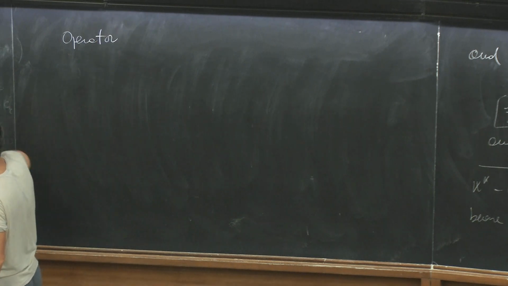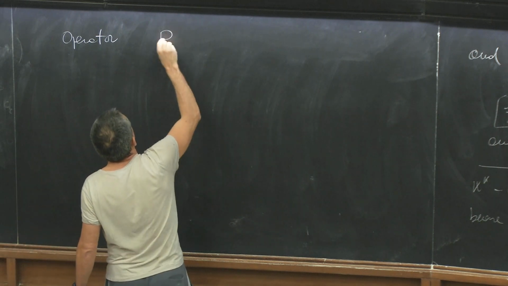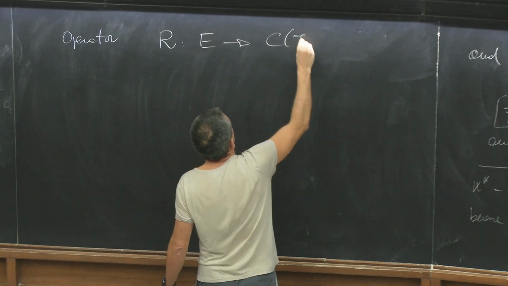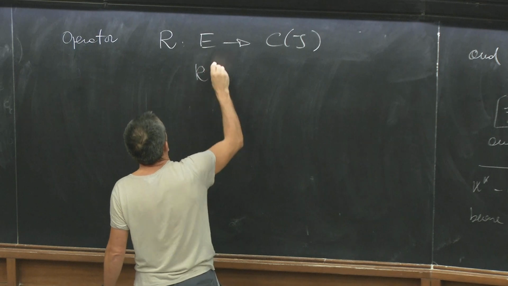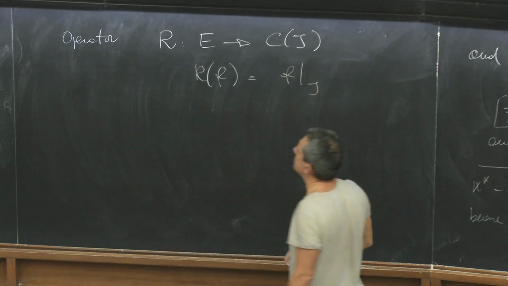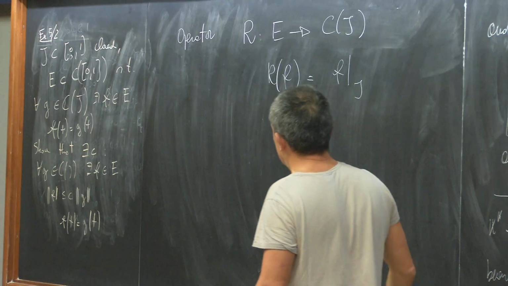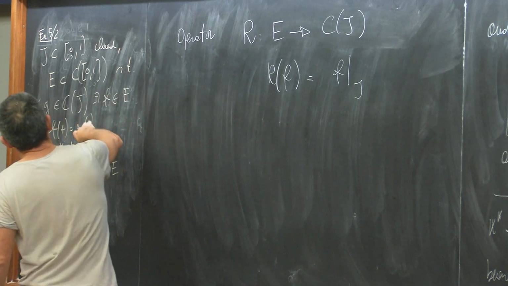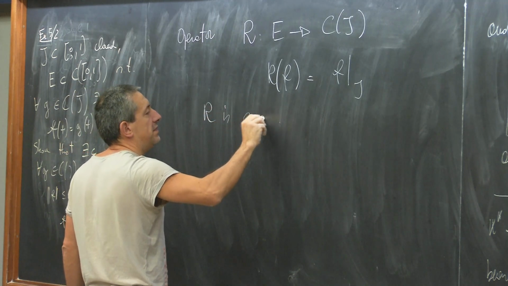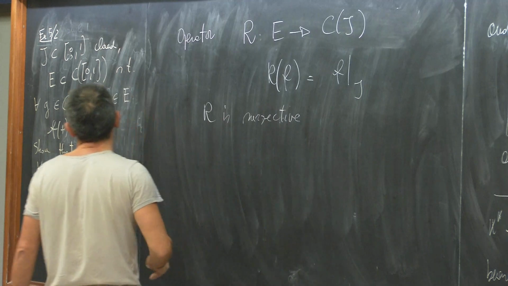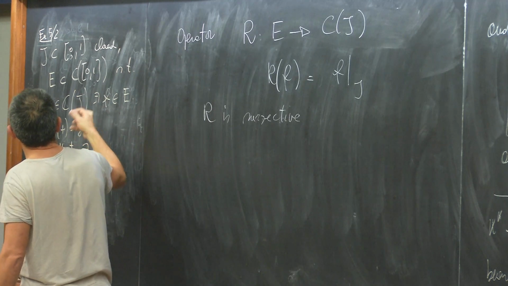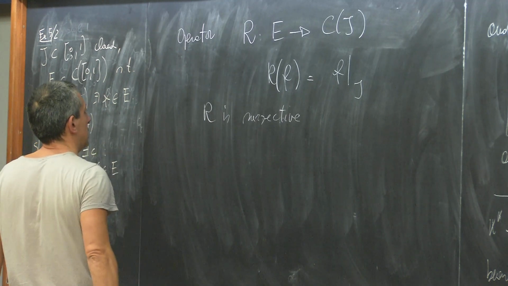For all g, we have an operator, the restriction, let's say R, which acts on E and maps to C(J), defined by R(f) equal to f restricted to J. And the assumption here is that R is surjective, because by definition, for any g there exists an f. Hence,